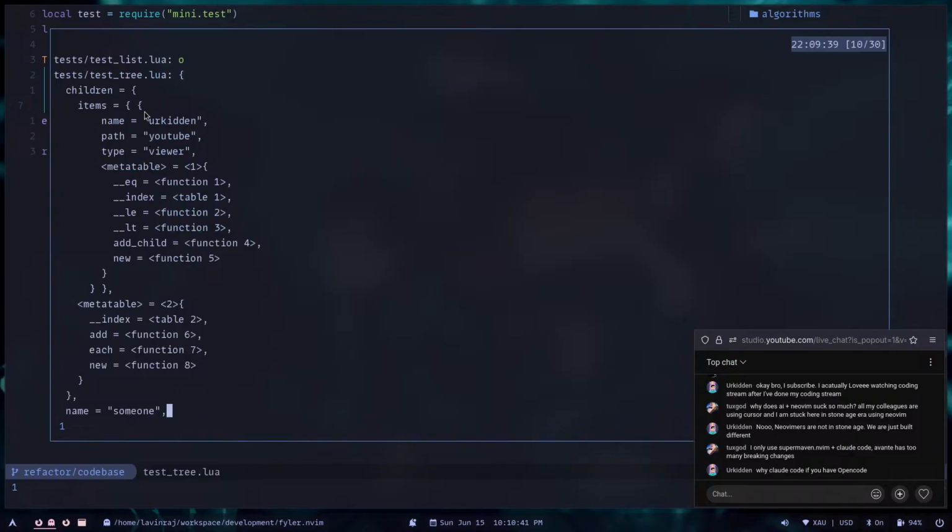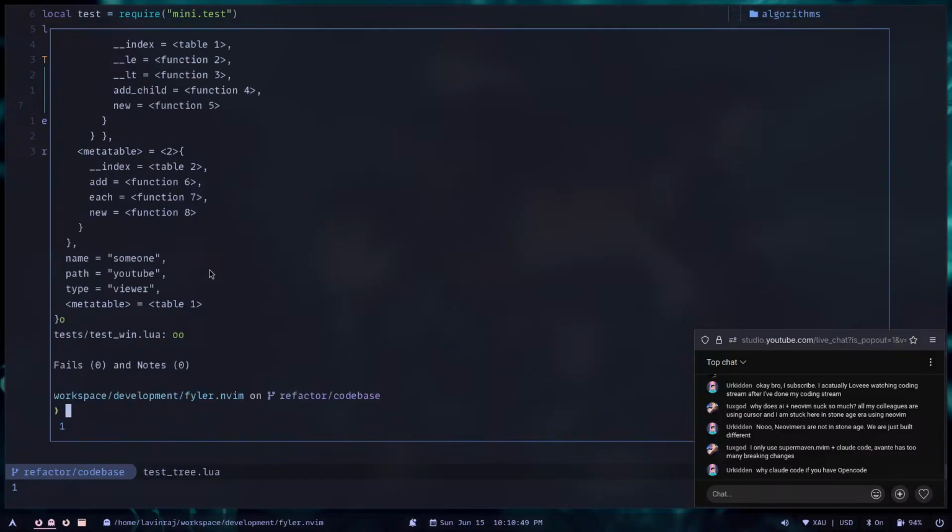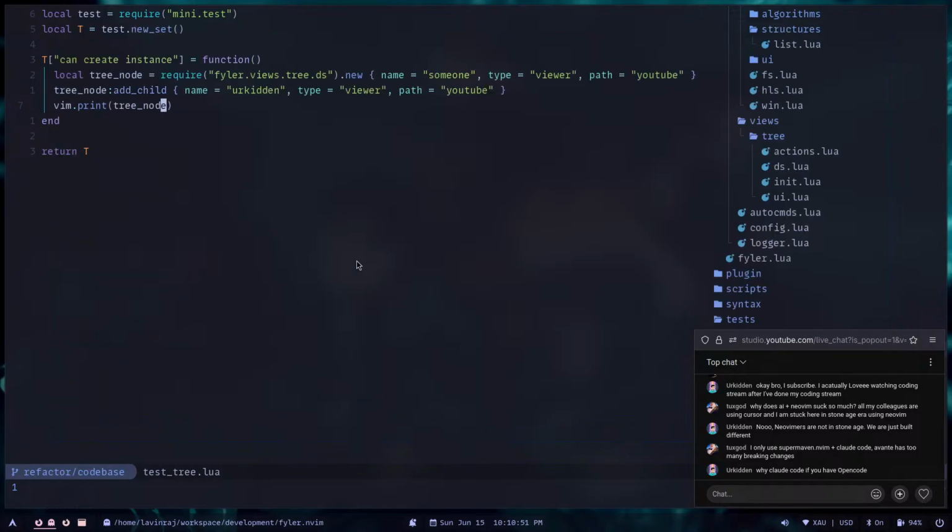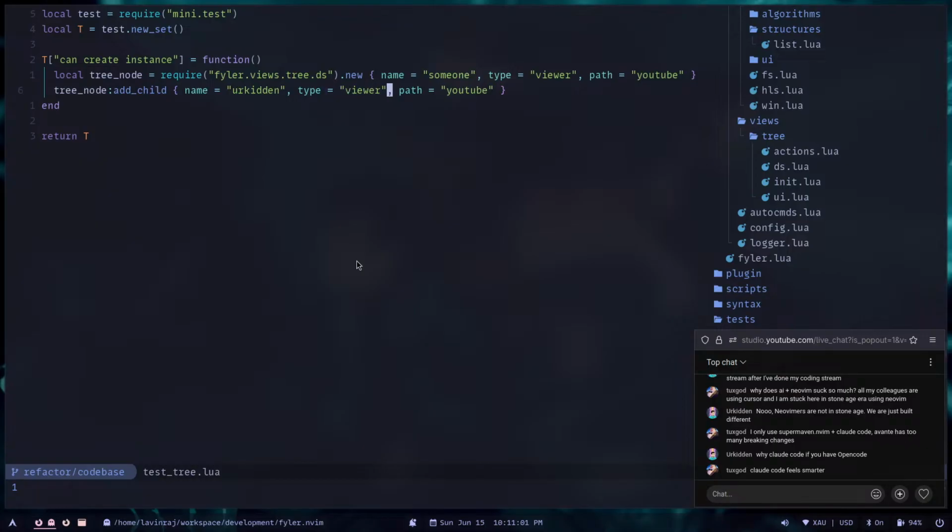So we have the children and items, and in the items thing, we have this Orchiden. Okay, so perfect. The tree is working correctly. There is no problem with that. Okay,